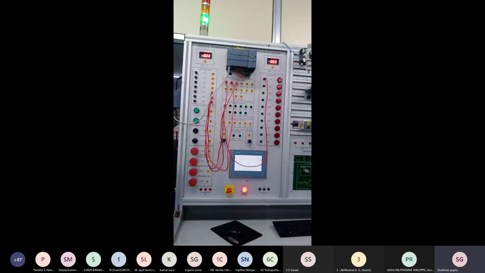Is there any doubt? So what is the logic behind it? When switch S3 is not pressed, it means one sensor is off.